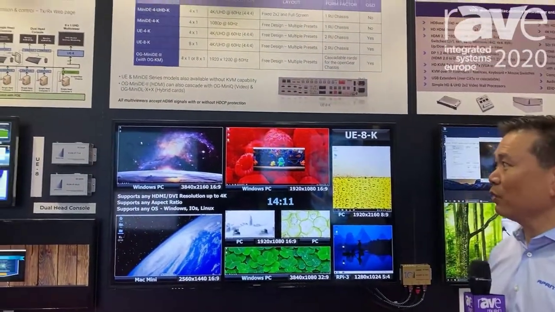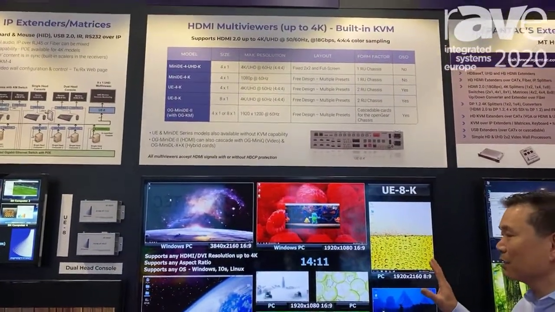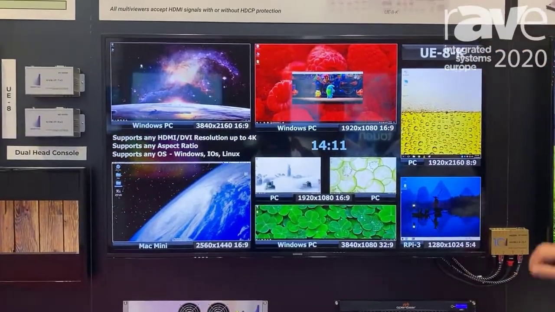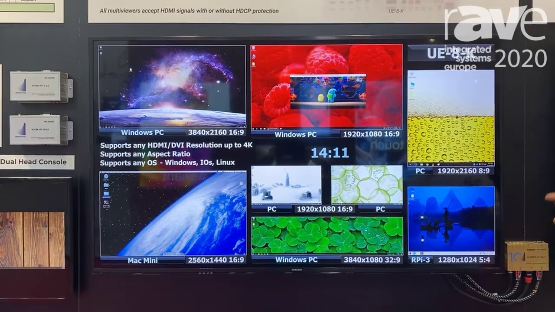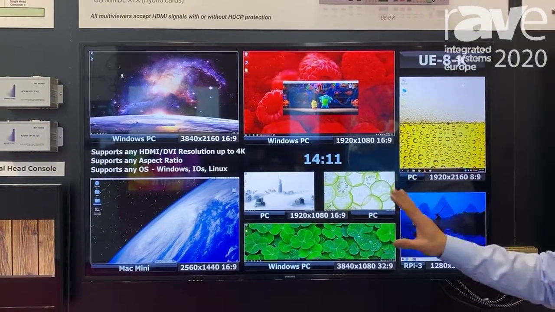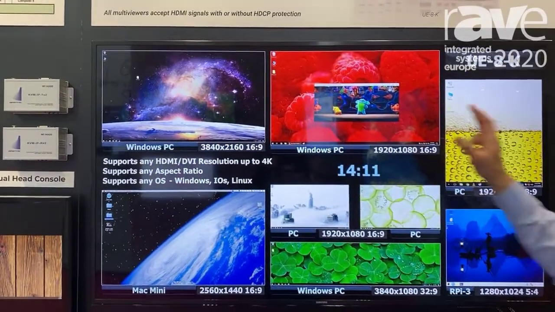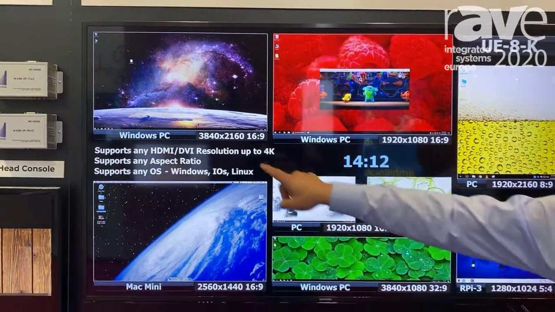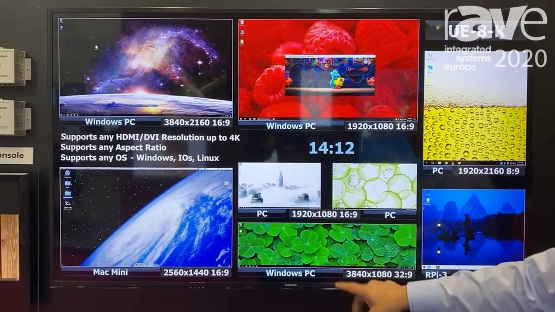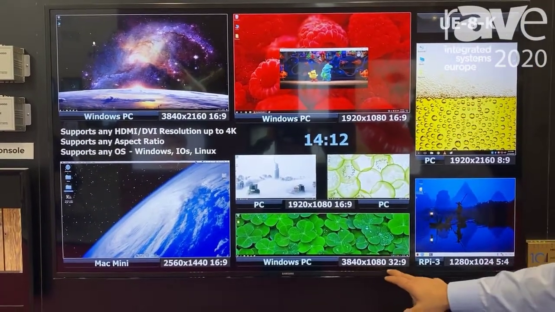In this video, I wanted to highlight our KVM and Multiviewer product combined into one. So in this product here, it's a 4K KVM product as well as a 4K Multiviewer. Each one of these are individual computers. And as you can see, we could take different types of resolutions, even the odd ones like 3840 by 1080